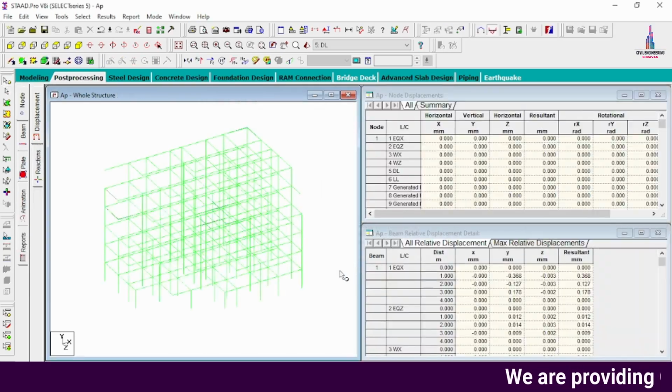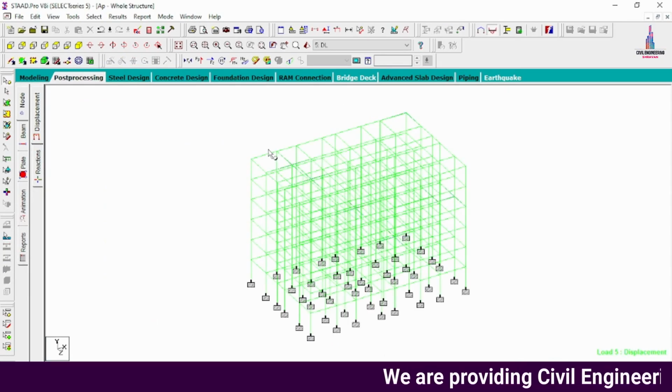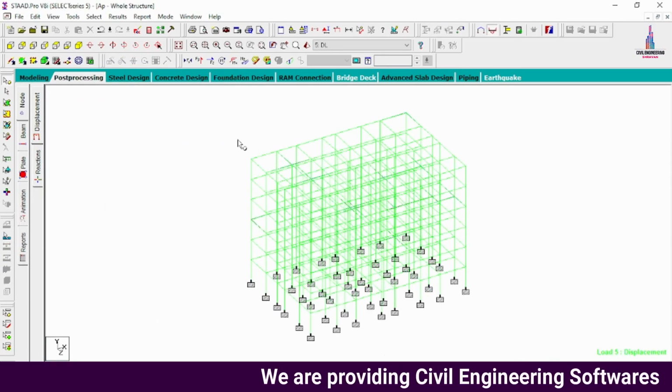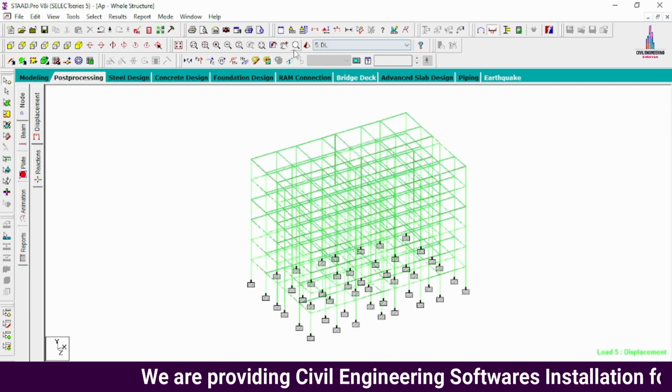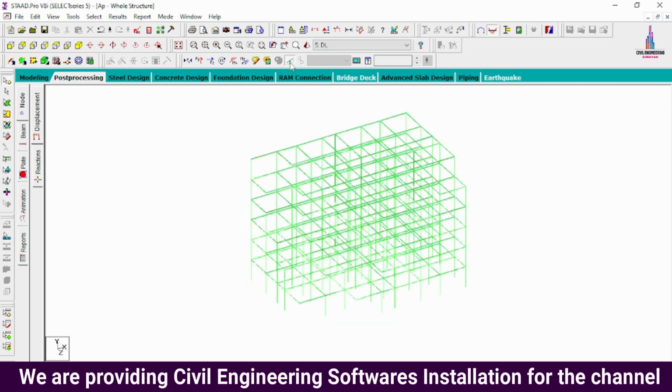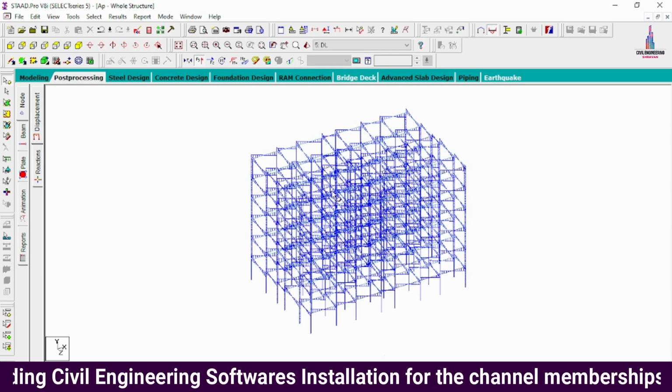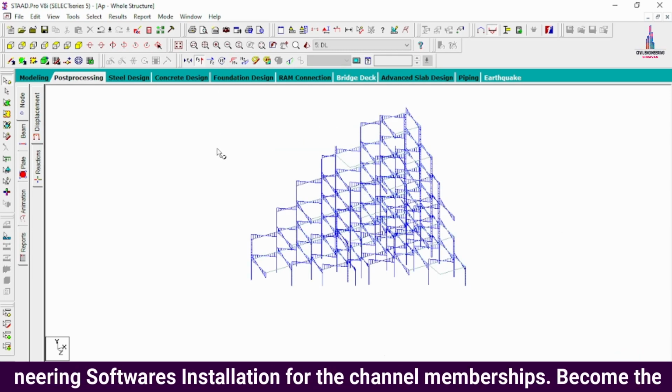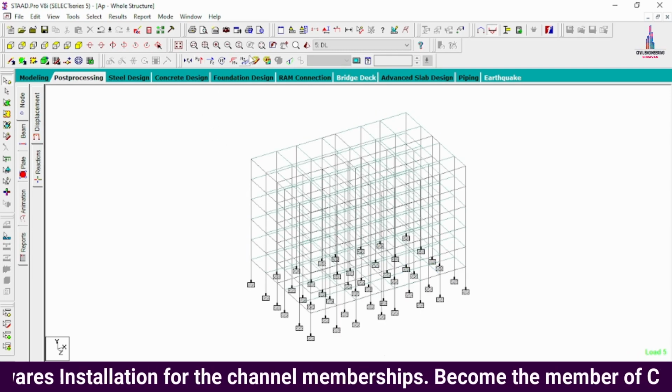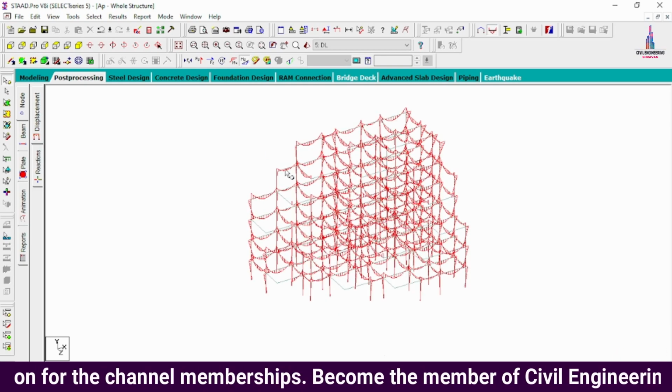Apply your load cases, click on OK, so that it will show you the deflection diagram for the building structural model under the considerations of the load. Now in the same process, we will consider the shear force diagram. F5 option. This is the shear force diagram for the building structural model. Now in the same process, I am selecting MZ value. This is the bending moment diagram.